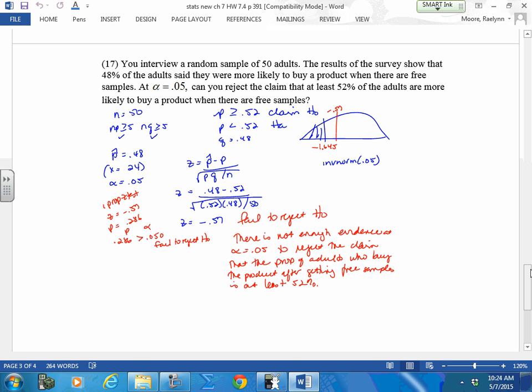And then are you more likely to buy at least, so there's your greater than or equal to, there's your less than, there's your q. Your q happened to be the same as your p-hat. Yeah, that confused me at first. Yeah, when I did this too, I said, well, I wonder if they did that on purpose, that your q came out to be the same as your p-hat. Set up your formula, set up your calculator, and find your answer. Wait, so it doesn't matter if you multiply by the p-hat or the p